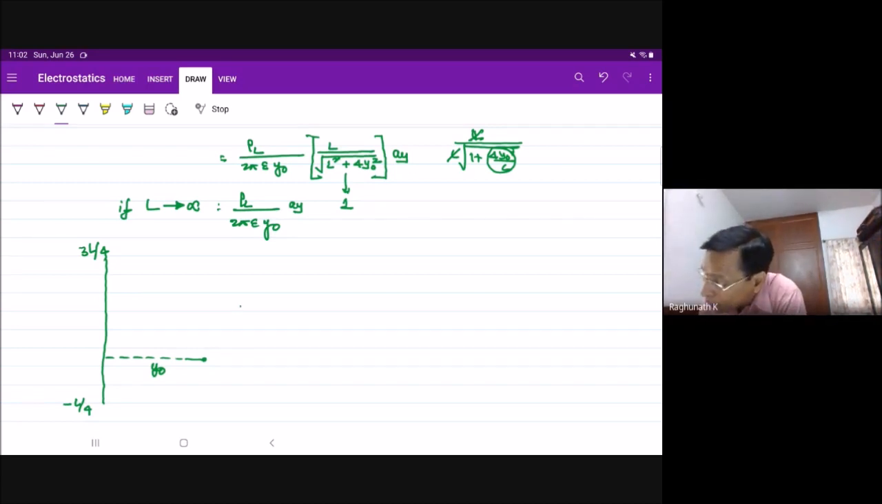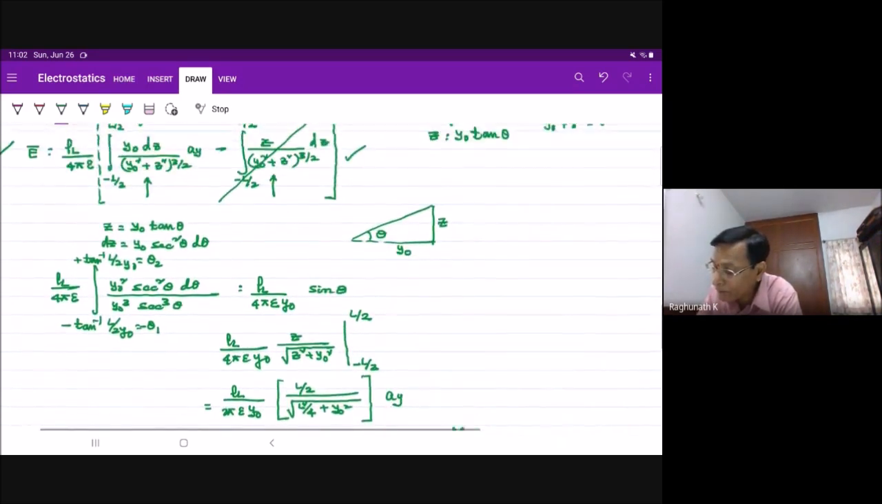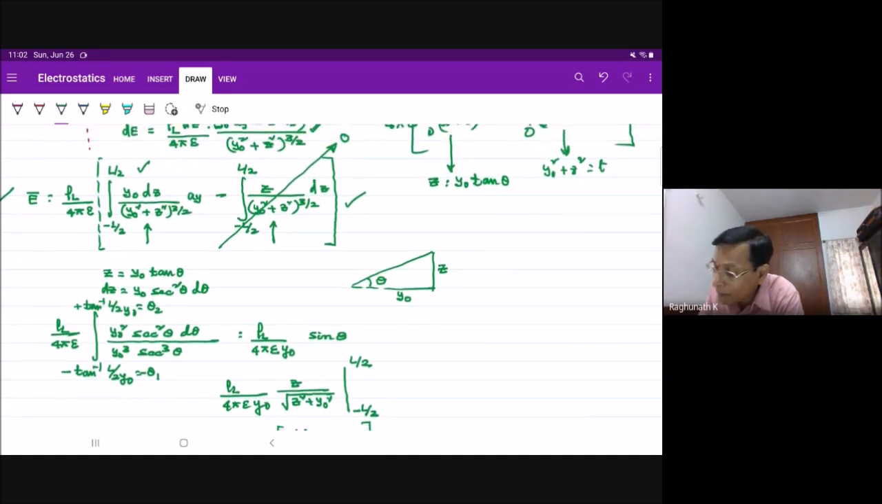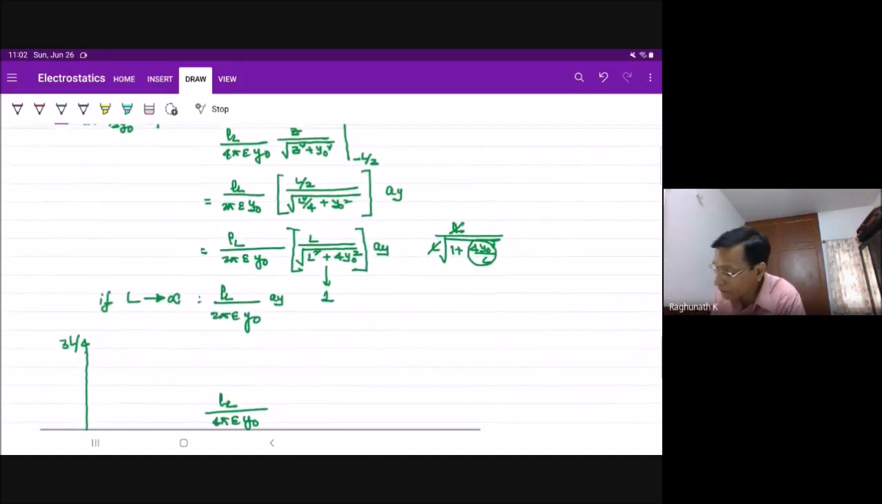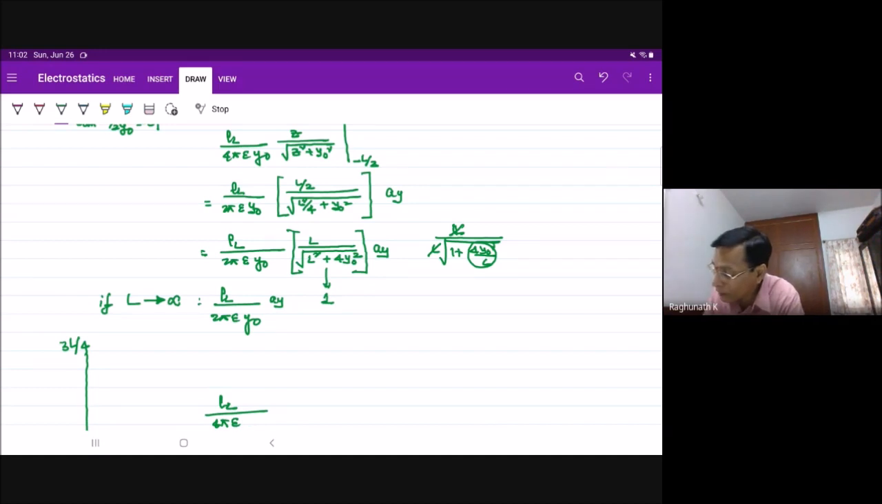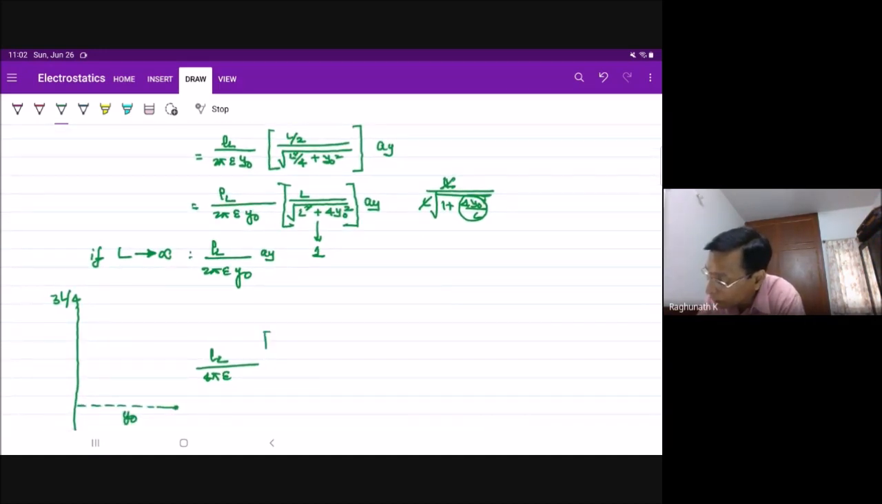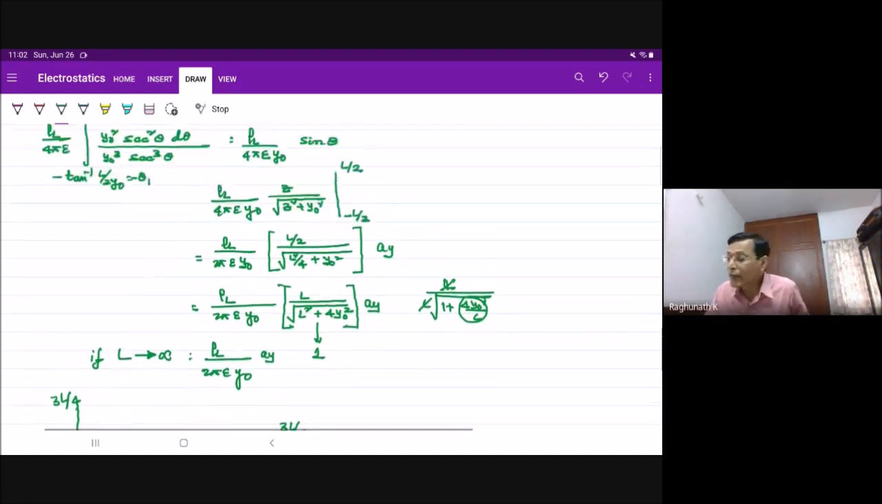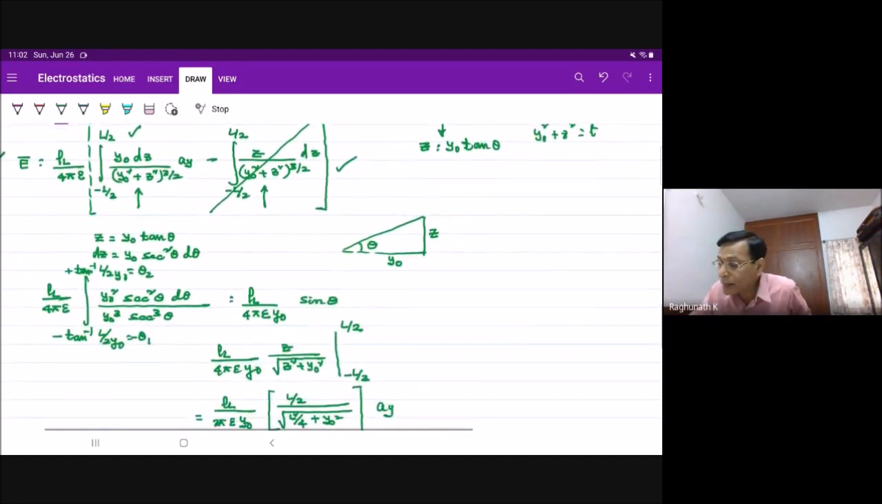One is rho L by 4 pi epsilon y naught. Rho L by 4 pi epsilon. No, y naught here. Into integral minus L by 4 to 3L by 4, because y component is because of all the elements considered. What is that y component expression? y naught dz by